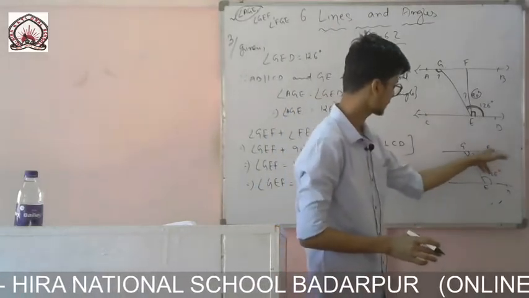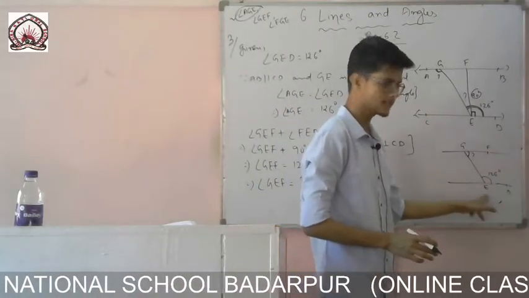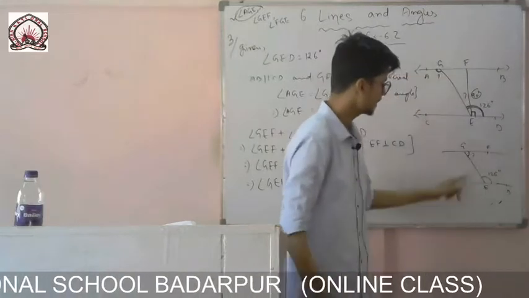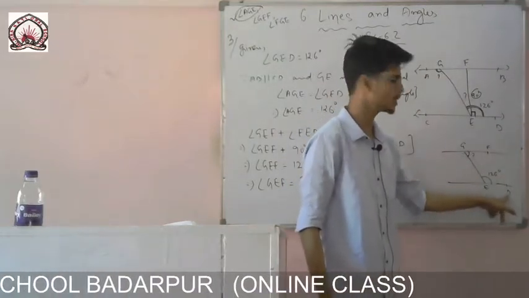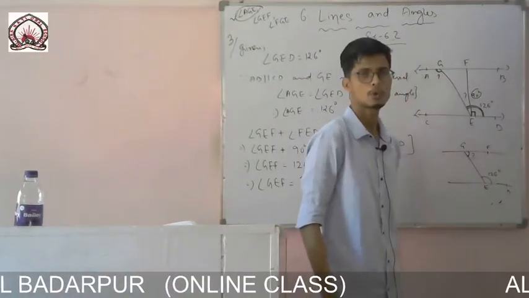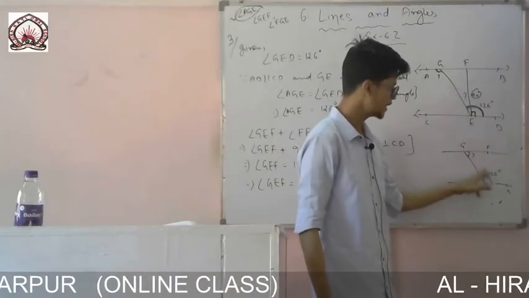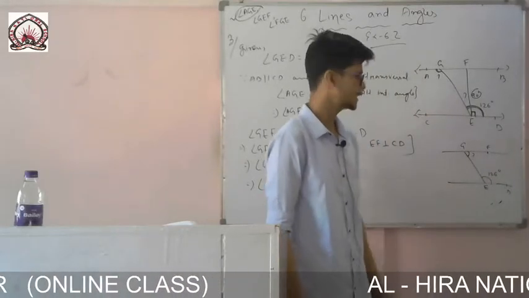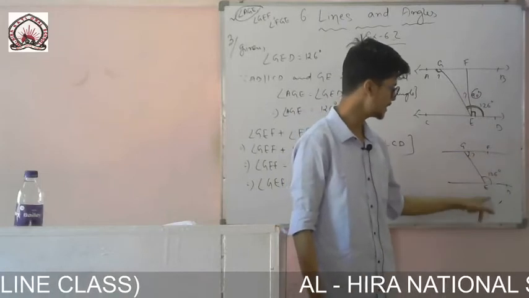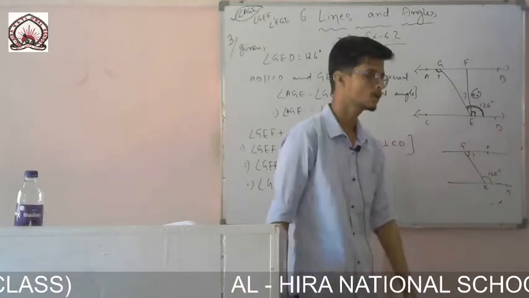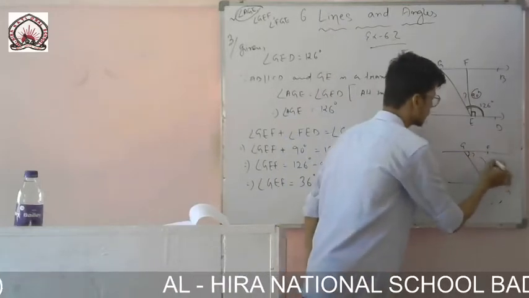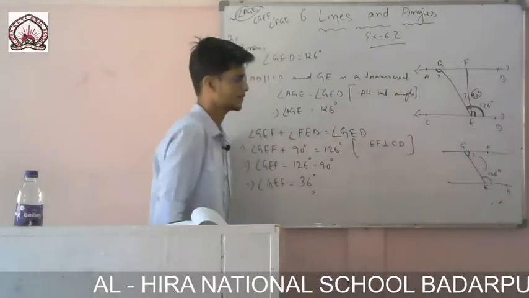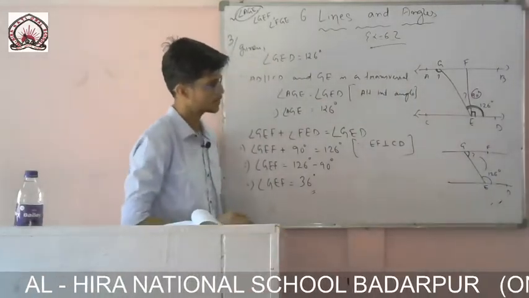FGE we need to find this angle, and GED is given in the question. These two angles are co-interior angles, and the co-interior angle sum is 180 degrees. So FGE plus GED will be equal to 180 degrees. So from this I will very easily get the measure of FGE. Okay,